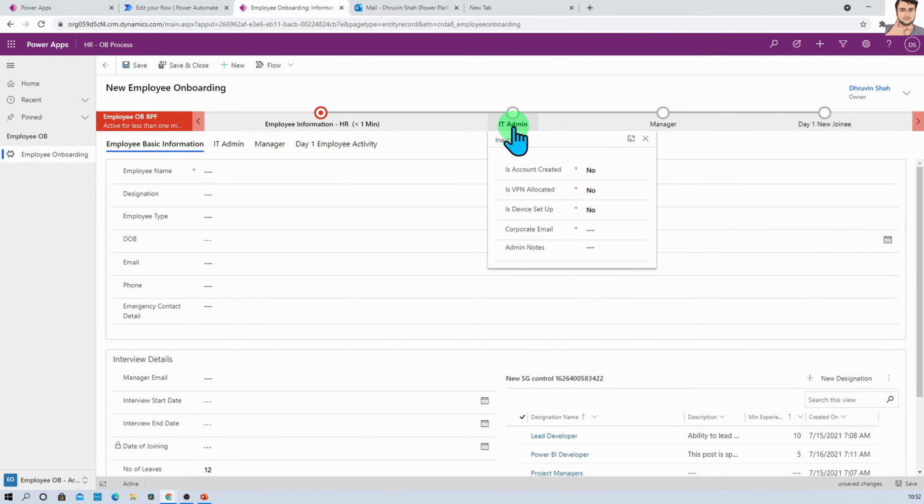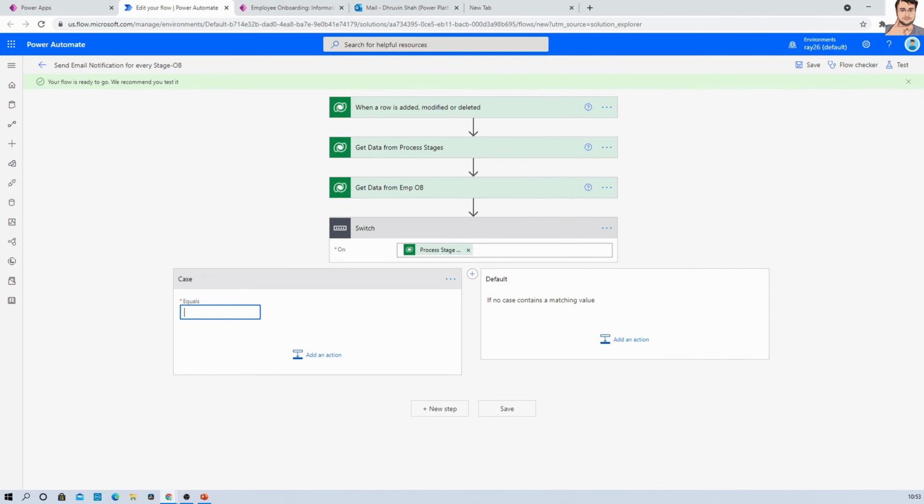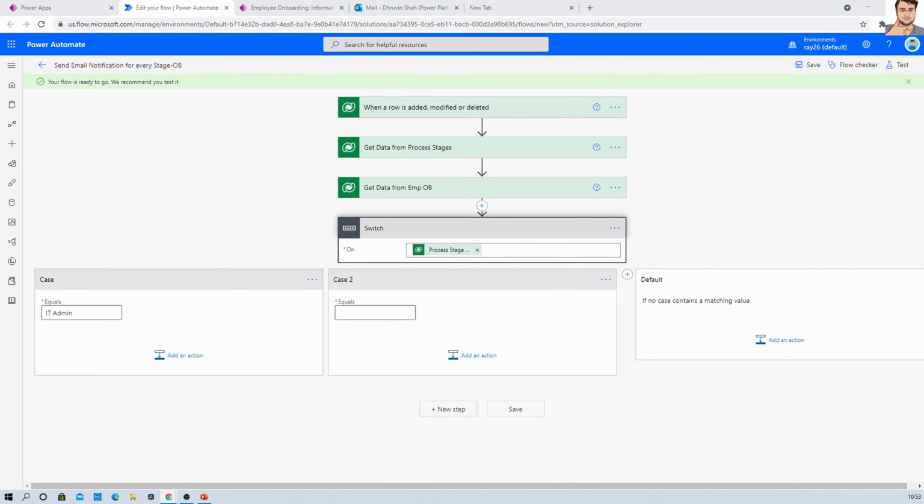So let's just copy these names, that is IT admin, manager and day one new joinee, and just add different switch cases over here. So let me just add the first case equals to IT admin, then I need to add a new stage for manager. So let's add, and I need to add the third case as day one new joinee.